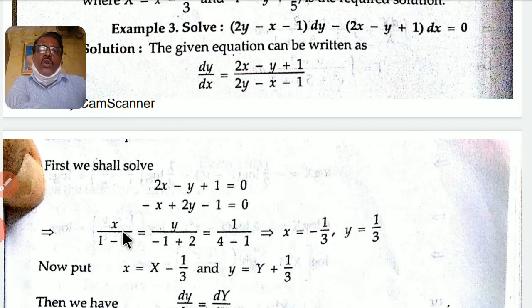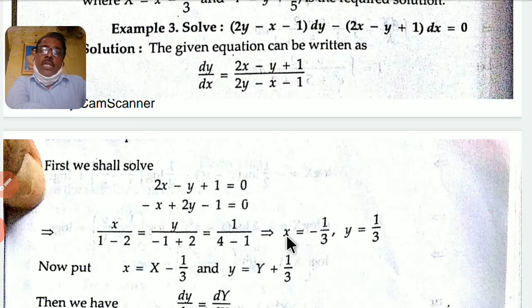Next, apply the rule of cross multiplication. Okay, so first what we do, write x here divided by, now leave this column, then -1 into -1 becomes +1, then -2 into 1, that is 2, is equal to, next -y divided by, next 2 into -1 minus 2, next -1 into 0 plus 2, and then this is equal to 1 divided by 2 into 2 is 4, then minus into minus plus minus 1.